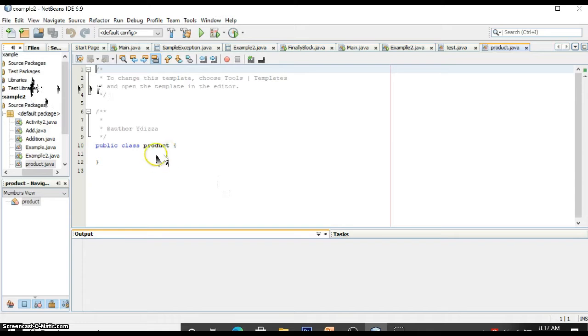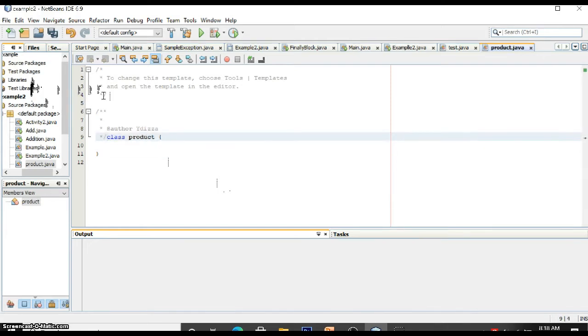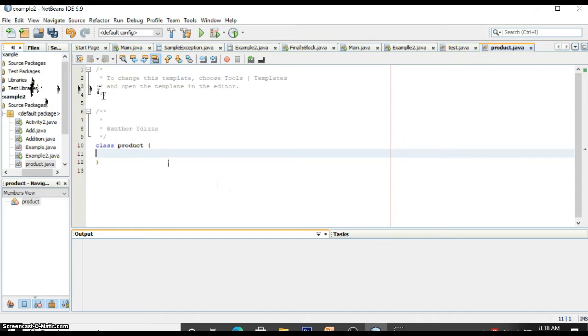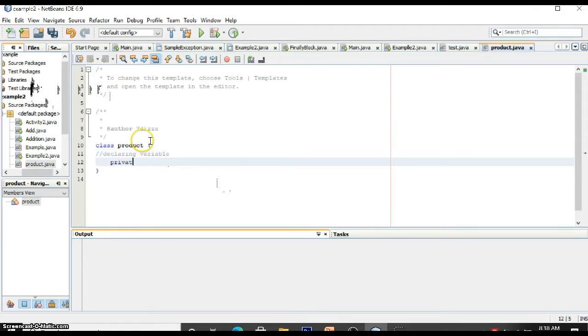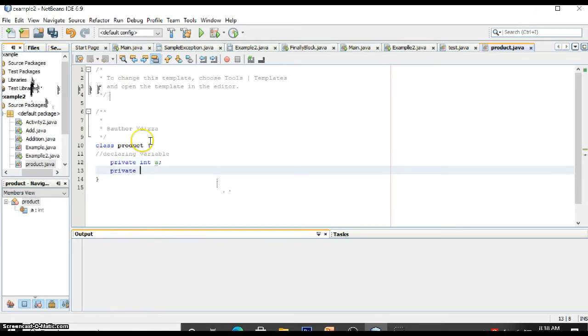Now, in this example, we are using class Product, and then we will be declaring variables such as private int a and private int b, and then